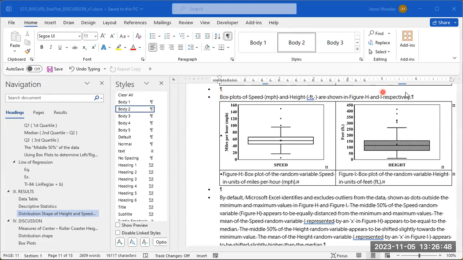So what you're looking at here is Microsoft Word, and these two box plots of the speed and the height random variables, this is what they look like. Microsoft Excel identifies outliers. It removes the outliers and creates a box plot with those outliers removed. And so you can see in both the speed random variable and the height random variable, these outliers were identified and removed, and then the box plot was created. And so that creates a very different shape of the box plots of both random variables, which contrasts with that